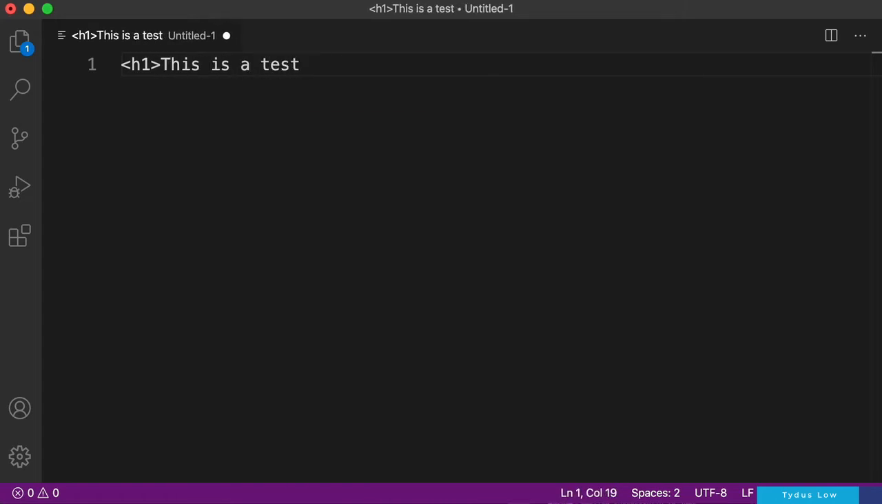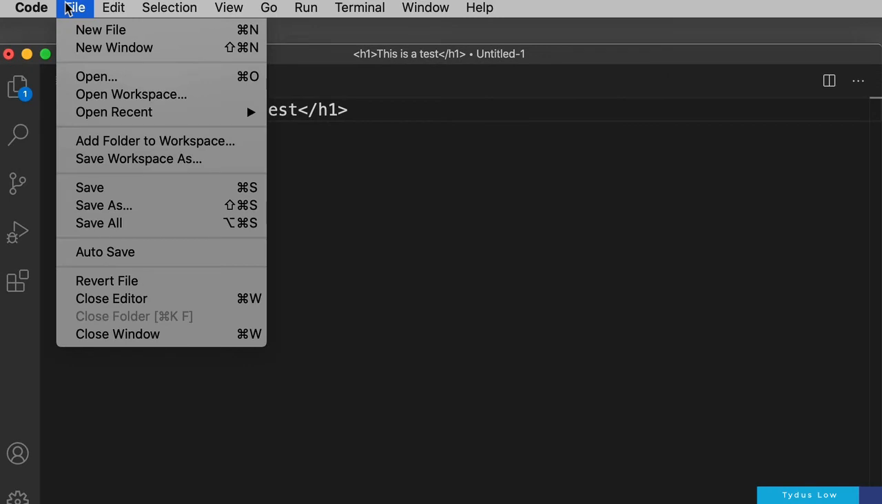Let's create a heading level 1 tag. So less than h1, greater than h1. So let's just say this is a test. And then let's close out the heading level 1 tag. So less than, forward slash, h1, greater than symbol. Okay? And now our next step is to save this file so that we can open it and view it